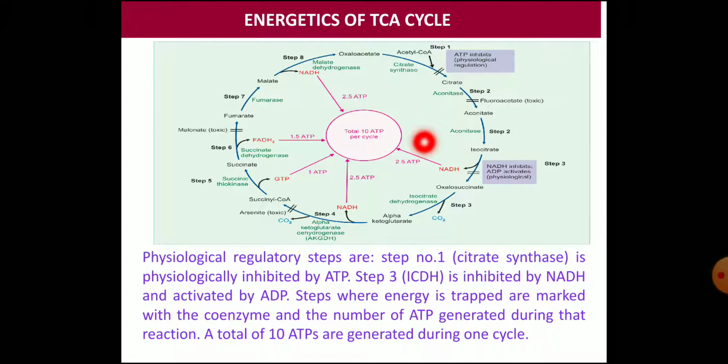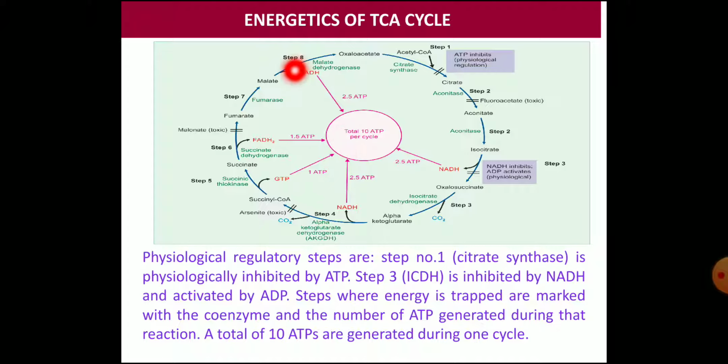So in this figure, you can see all the reactions plus all the inhibitors, that is, physiological regulators, and also the energetics. Mainly the energetics, where NADH is produced in the third step, and then it goes to the electron transport chain, producing 2.5 molecules of ATP. Again, in the alpha ketoglutarate dehydrogenase step, 2.5 molecules are released. Then one GTP is produced, and FADH2 goes to the electron transport chain producing 1.5 molecules of ATP,